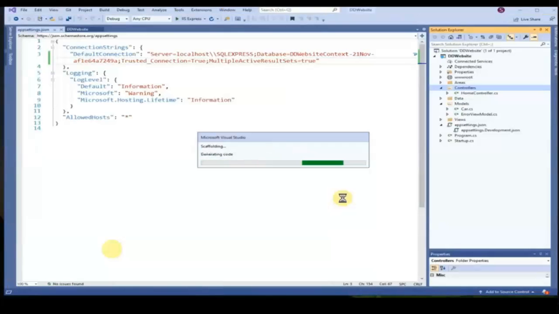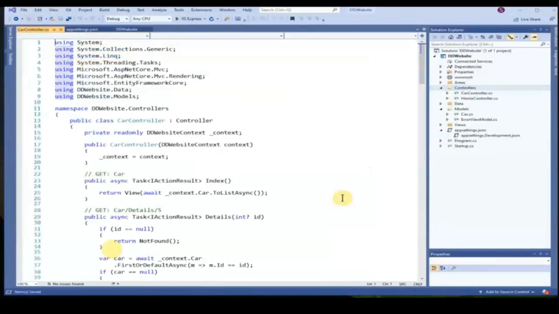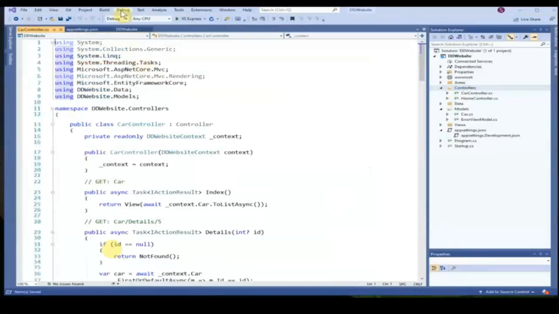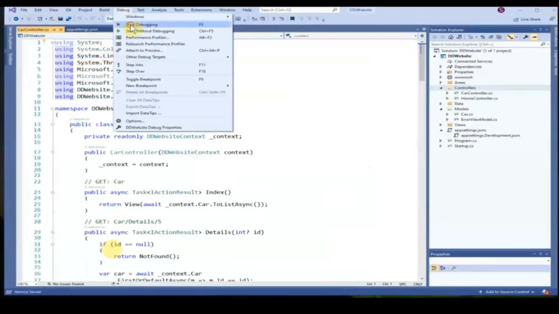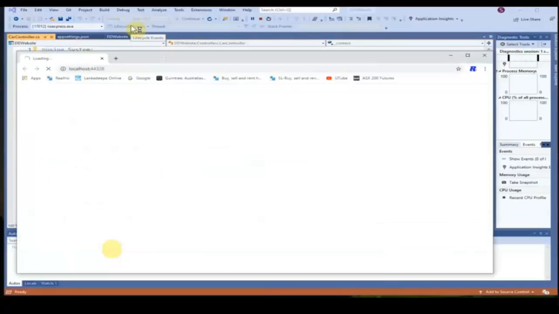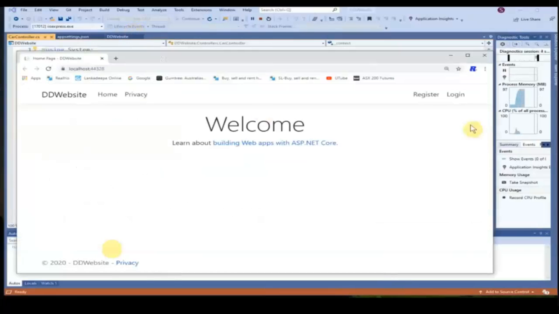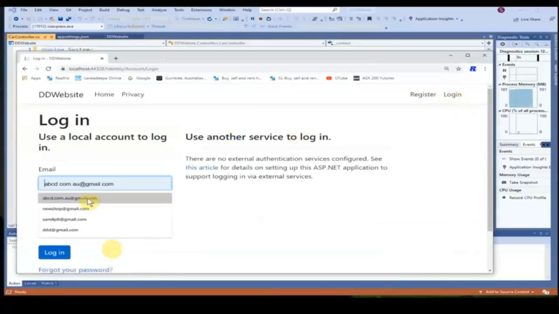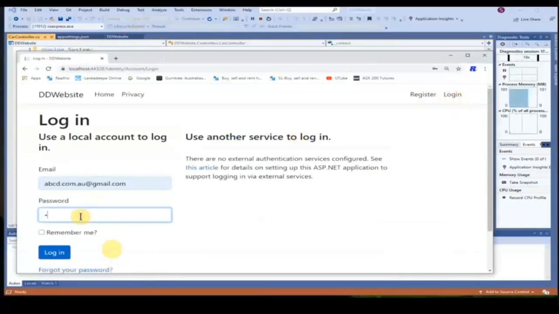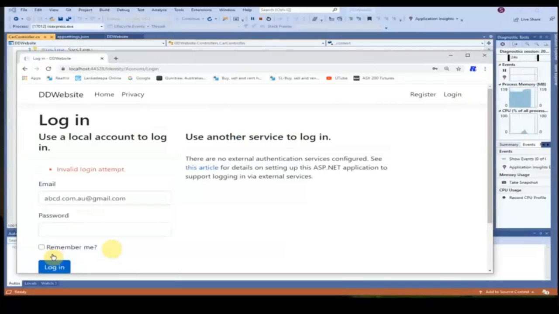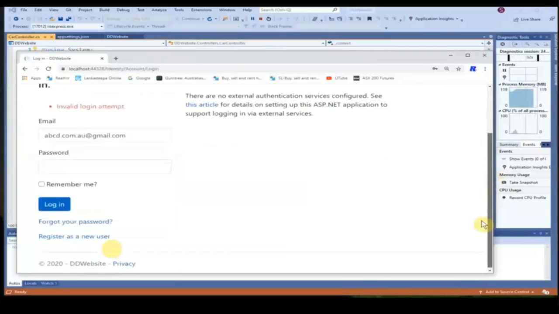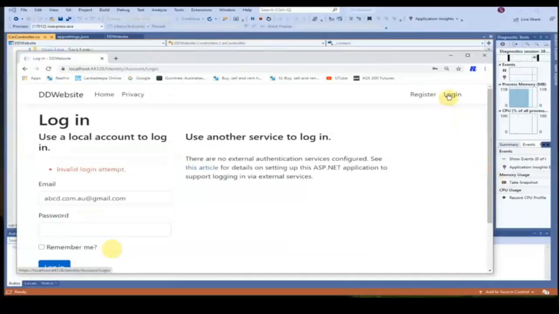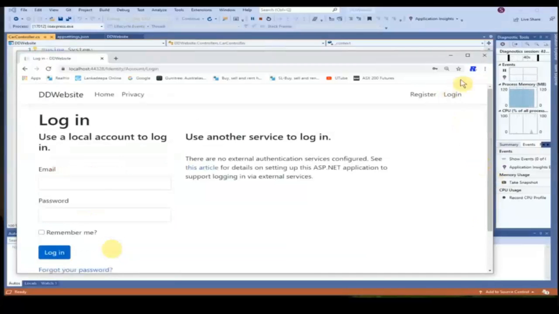It will take a little bit of time. We'll see. It is generating the code, so it has finished. We'll see how it looks, and now we should be able to see the page. Because it is the same database, we should be able to log in without registering as a new user, but maybe something is wrong. It says forgotten password. Okay, oh, invalid login attempt, maybe wrong password. Okay,